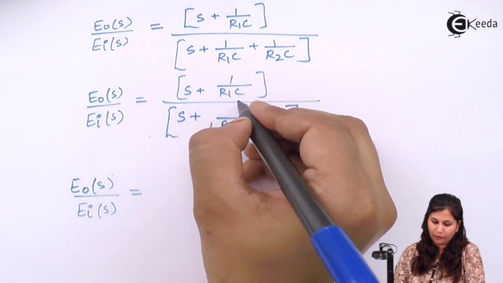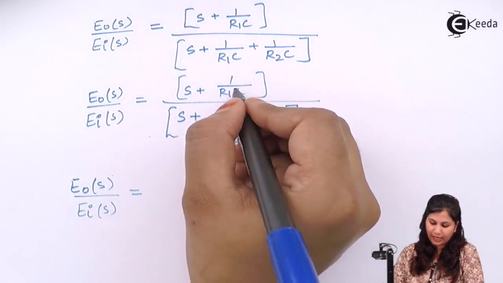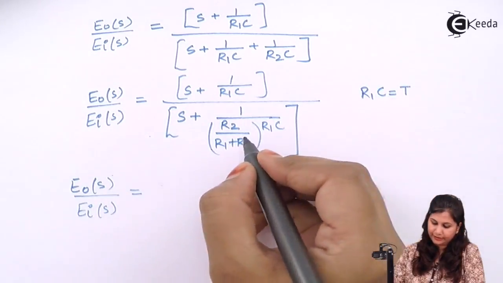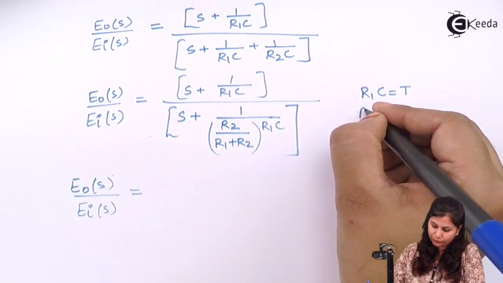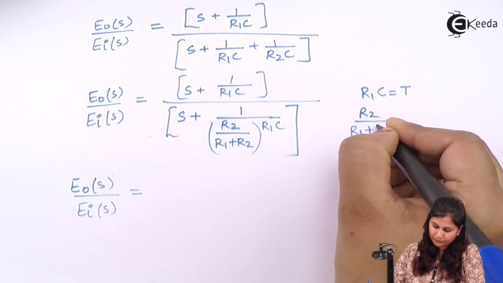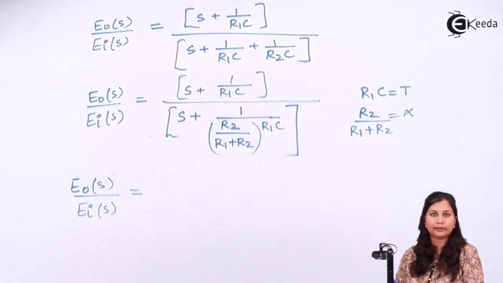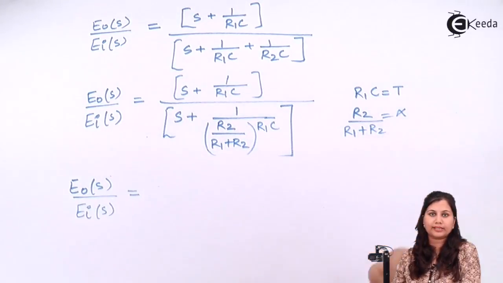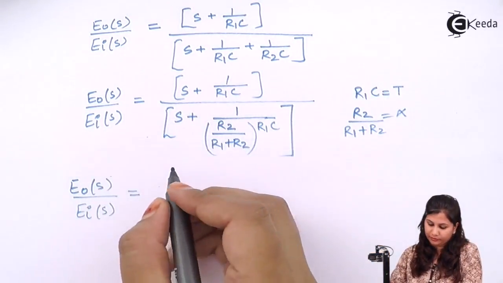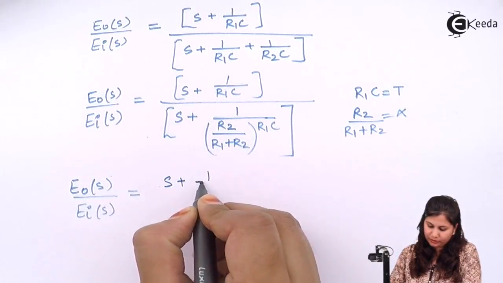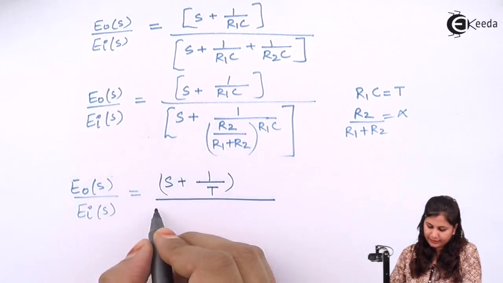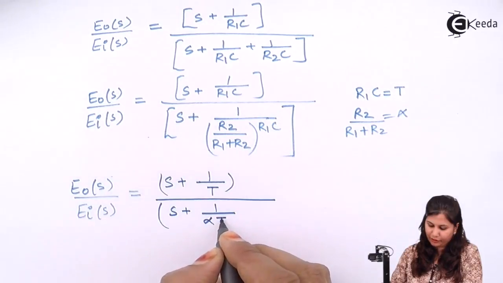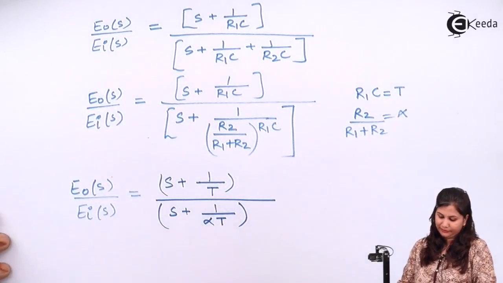So here R1C is T, and this ratio R2 upon R1 plus R2 is alpha. So R1C is T and R2 upon R1 plus R2 is alpha. Substituting the values here, we have S plus 1 upon T, and in the denominator S plus 1 upon alpha T. Now simplify it, we will get